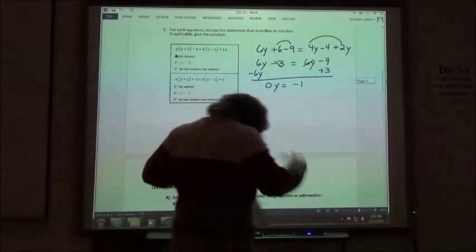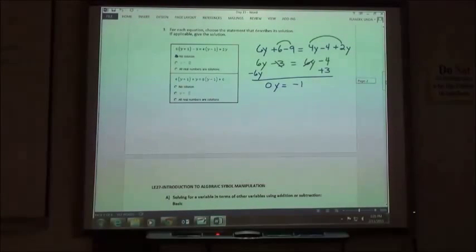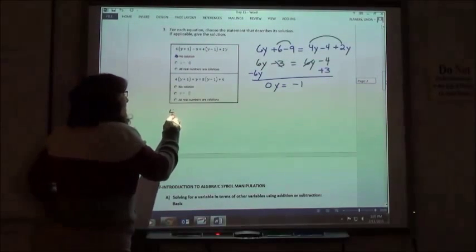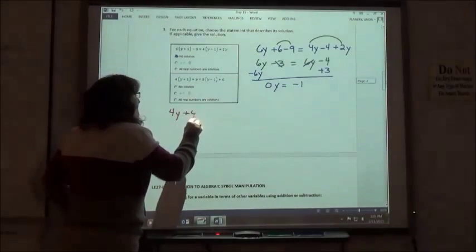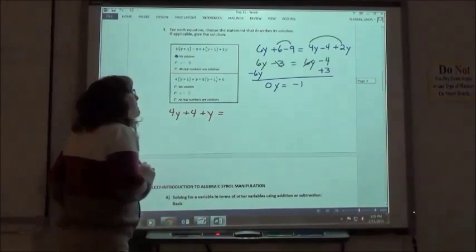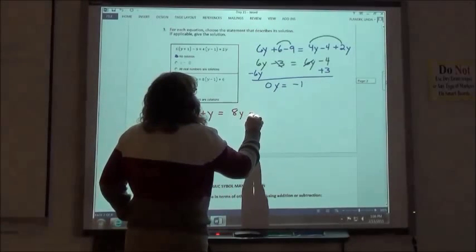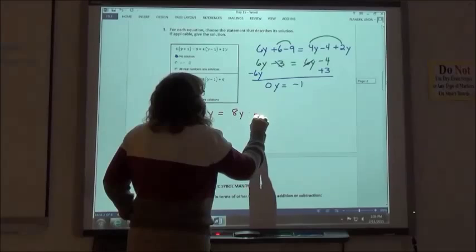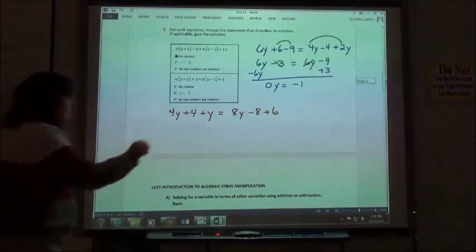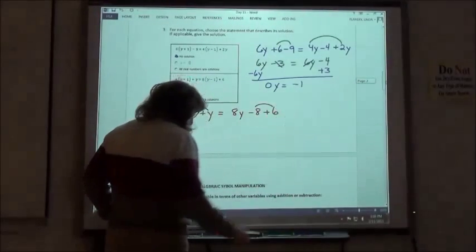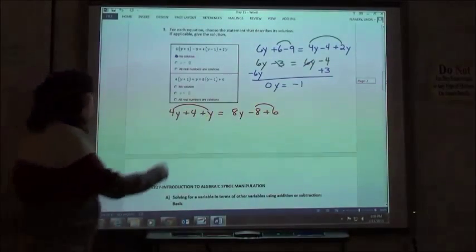That's one of those special cases. Okay. And the second one on number 3. 4y plus 4 plus y equals 8y minus 8 plus 6. So combining my like terms, do you add a 1 there? Would it be 5y then? Exactly. 4y plus another y would be 5y. 5y plus 4